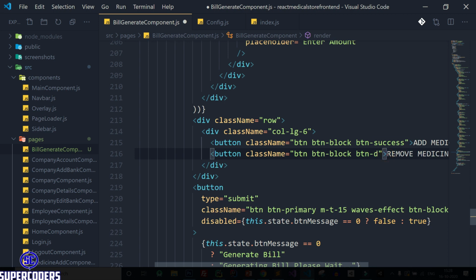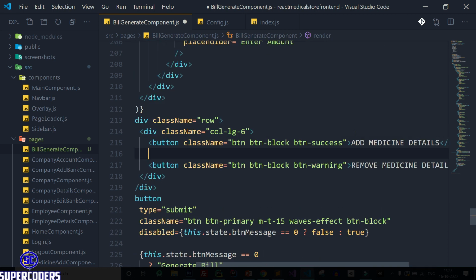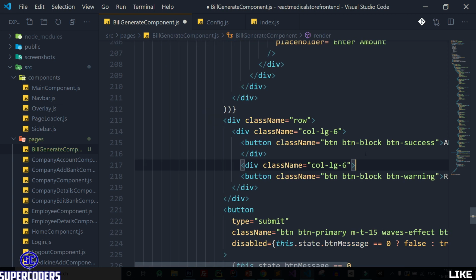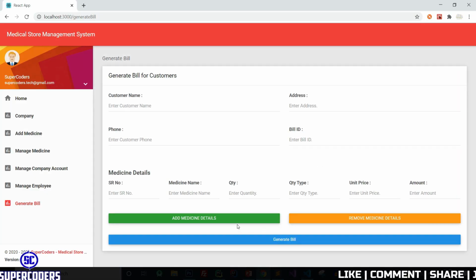Change this to danger or warning, and also copy it and close this div and paste it again. So in this way you can create a 2 column of Bootstrap. Save it, back to Chrome, and you can see add medicine details, remove medicine details. So after clicking this button, it will add more details.